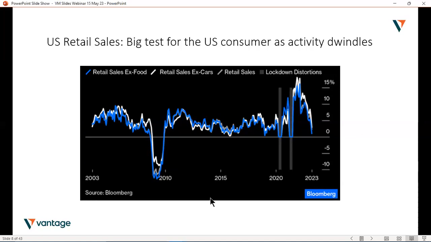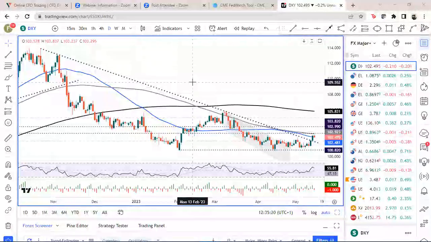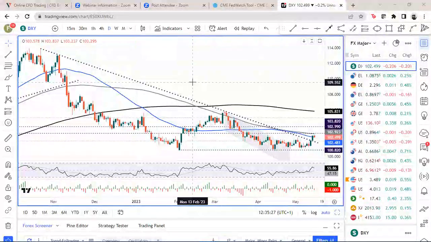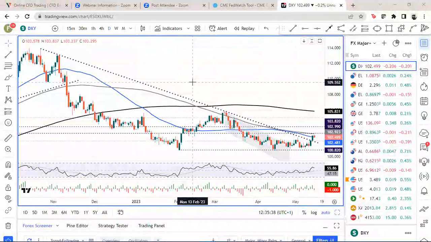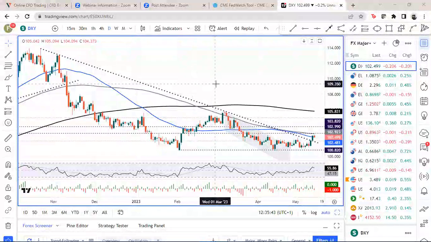We also get lots of Fed speakers. Just while I pull up the DXY chart, you can see there. Yeah, a lot of Fed speakers this week: Cook, Kashkari, Goolsbee, Bostic, rounded up with Fed Chair Powell speaking on Friday. As I said, we've got around 70 basis points of cuts priced in by the end of the year now. So potentially we'll see some pushback by these Fed speakers to this, and that could offer some support to the